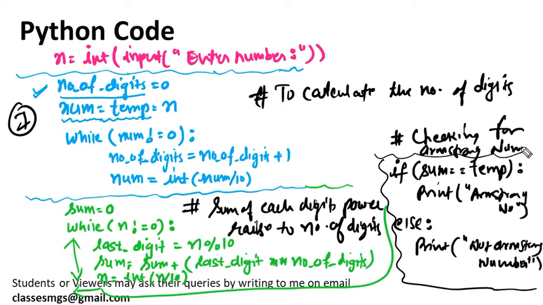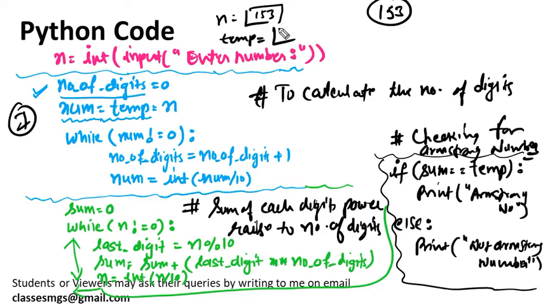So this is the complete program. I have already shown you how to dry run this. Let's quickly dry run this. Let's try to check 153 and dry run this. Number is 153, so n will be 153. Temp variable we are holding as 153, a copy we are creating. Num is also a variable that we are holding as 153. So 3 variables we have created for holding the same value.